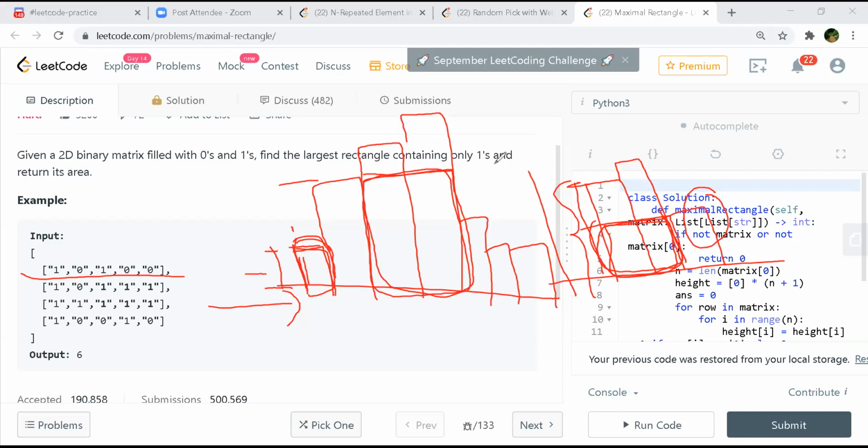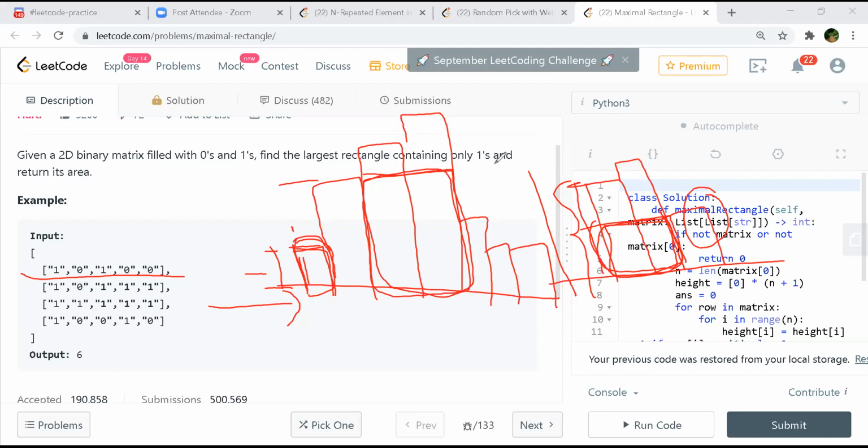So again you are trying to find the minimum height for a range in a particular row. But before doing that, you are actually trying to do a cumulative addition of all rows, right? Because for row 0, all will be 1 or zeros. So for row 1, you can go and look for the cumulative values of a cell. You will look at its upper row, and if it is 1, then you will add it. You keep on adding it.